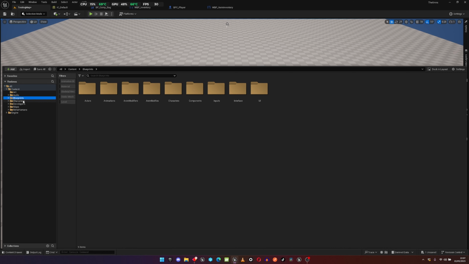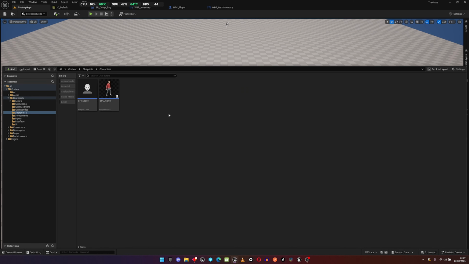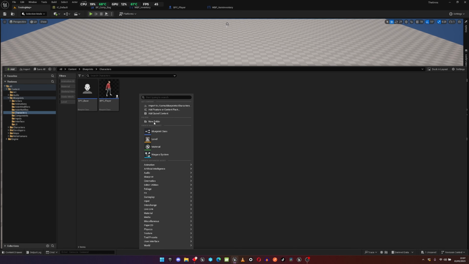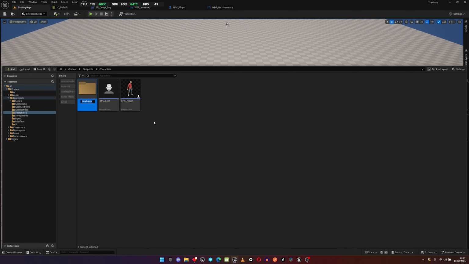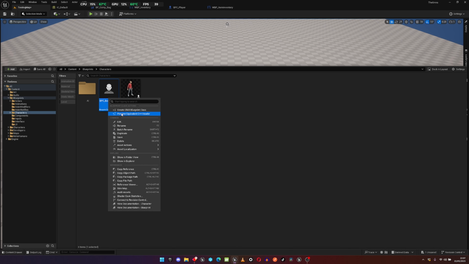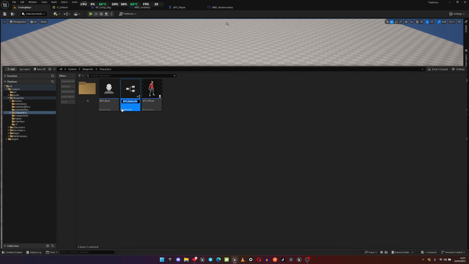So quickly, I'll go to my blueprints folder. We add characters, and I'll add another folder and name it AI. And then you notice I'll just be creating a child from the base character. So I'll create a child and I'll name it base AI. Save that, move it to the AI folder,